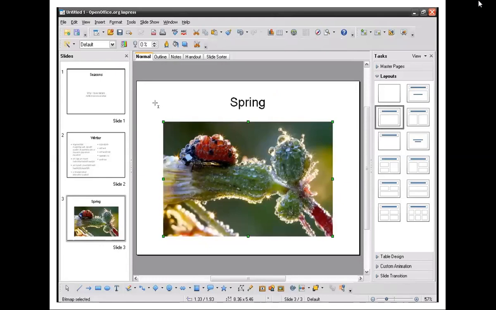As you can see, when I click outside the picture or the image, nothing happens. If I click once, it's going to select it. And how do we know? We can see the green squares. The green squares mean that you can redimension the image. If I let the mouse hover like that, it becomes a double arrow, and I can just drag wherever